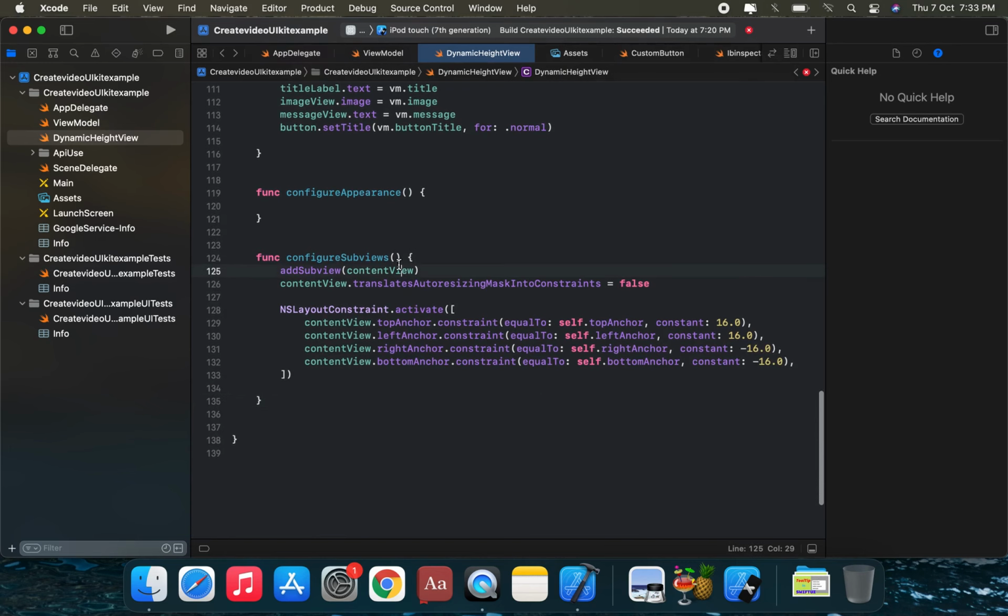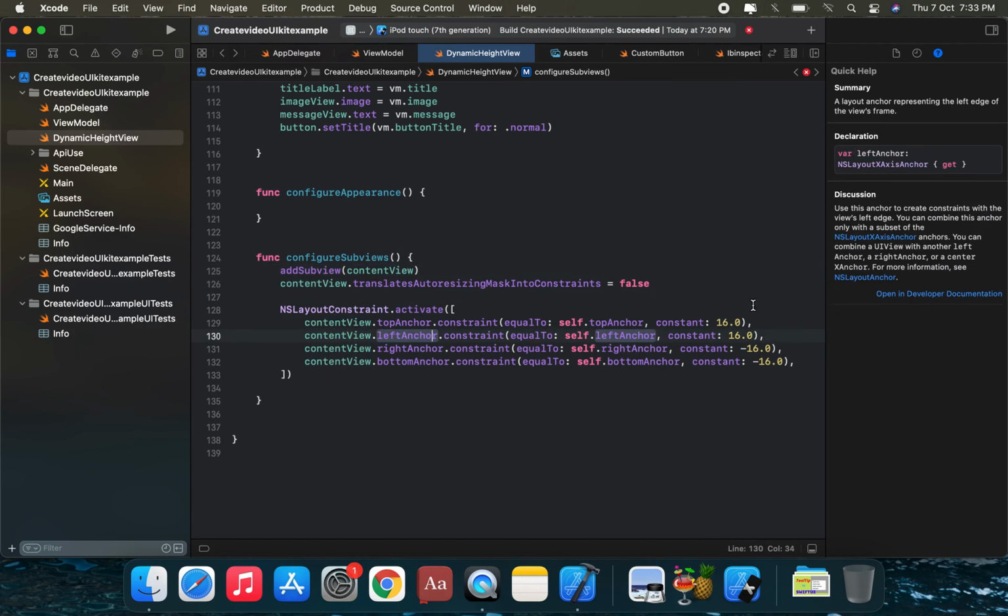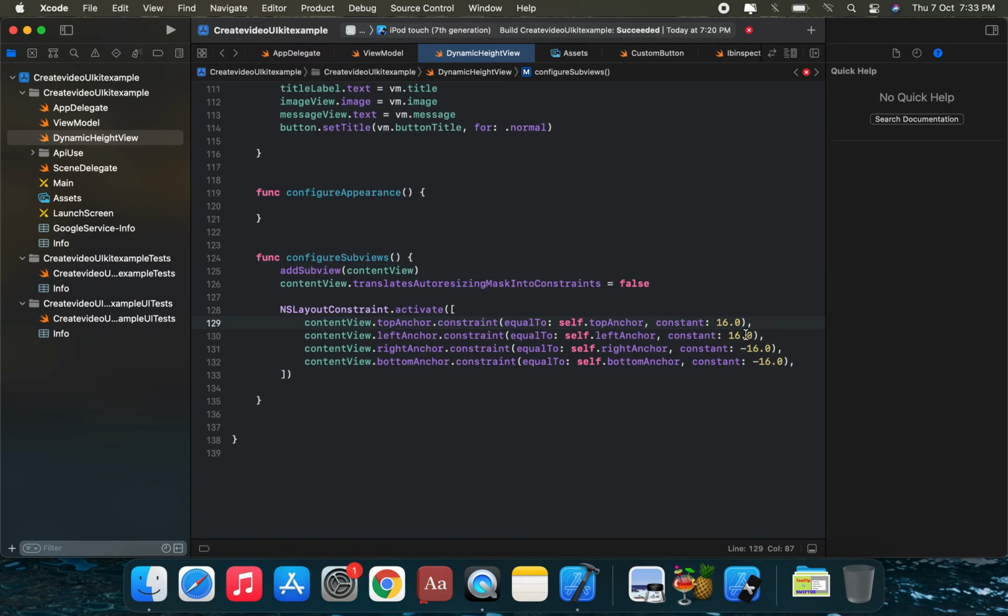We get another submethod, configureSubviews. Configure subviews, add on this content view. Configure subviews, default view. You're gonna add on the default view this configureSubviews. Add multiple methods. Add on content view, and on content you can apply this constant with minus 16 and 16, applying in all four directions, height and width. We can apply this. Okay.